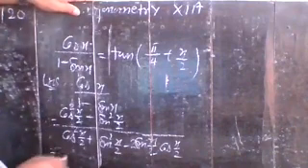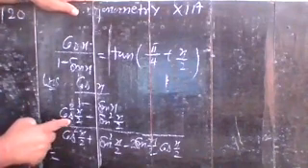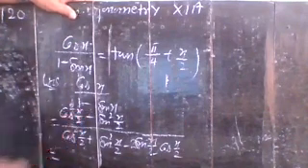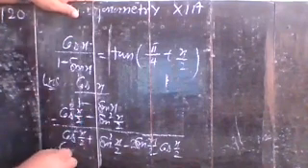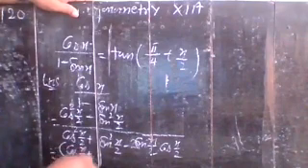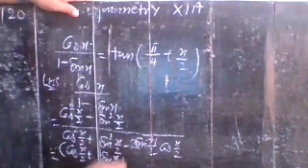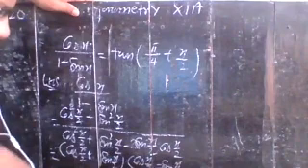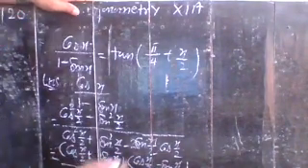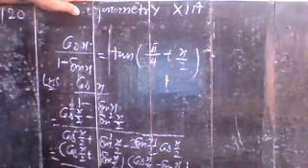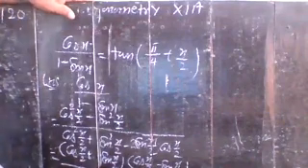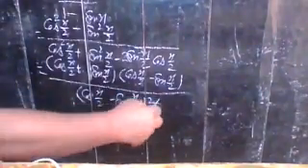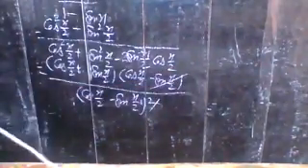Now you factorize it by using the identity a square minus b square, so a plus b, a minus b. Write it: cos x by 2 plus sin x by 2, and here cos x by 2 minus sin x by 2, and whole divided by, in the denominator, cos x by 2 minus sin x by 2 whole square. So one factor cancels out.